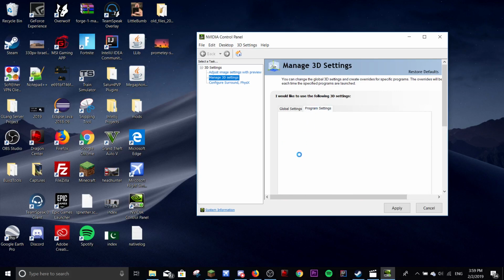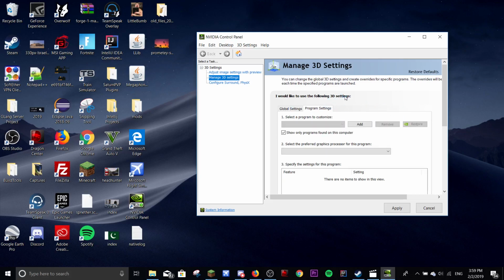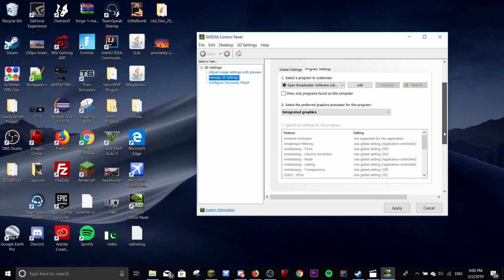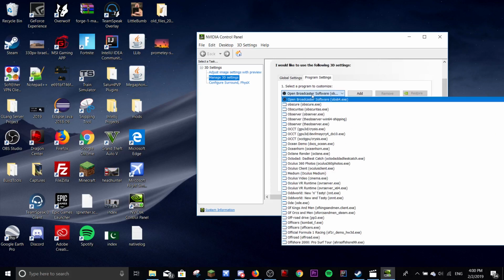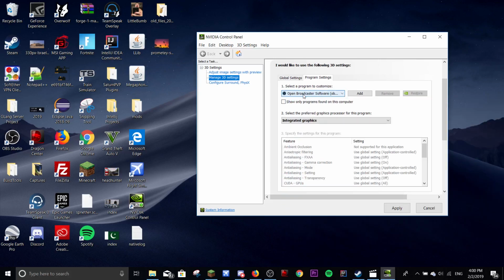So program settings, and it takes a bit because I have a lot of applications, as you can see. Okay, yeah. And you can choose, hold on, I want to scroll. Okay, you can choose whatever you have to either choose this, and it's integrated graphics, and you want to choose